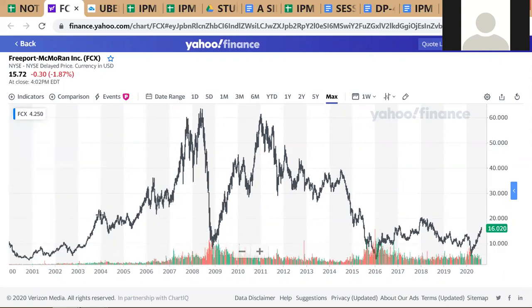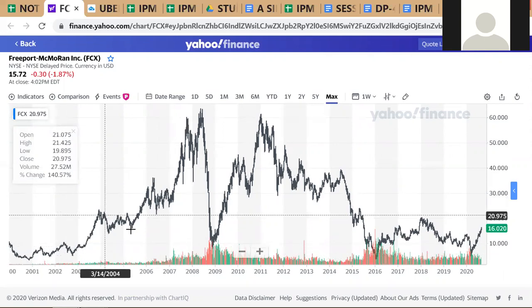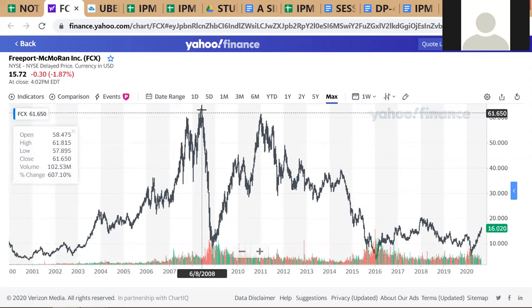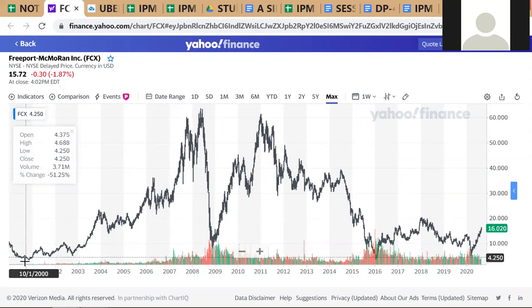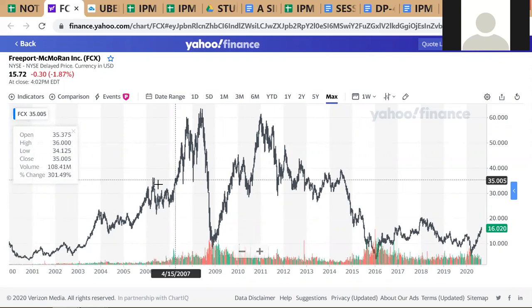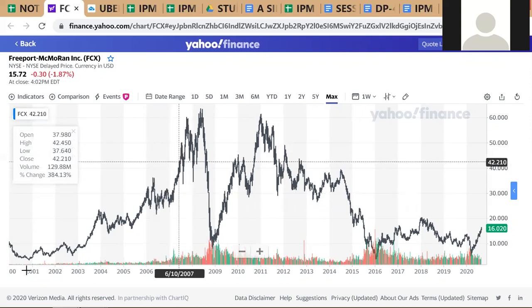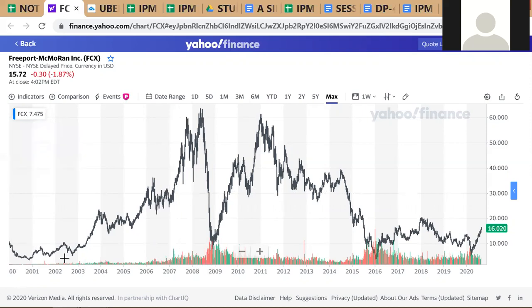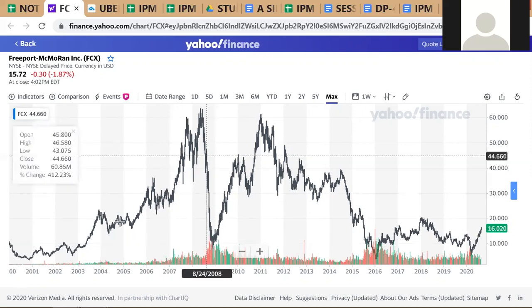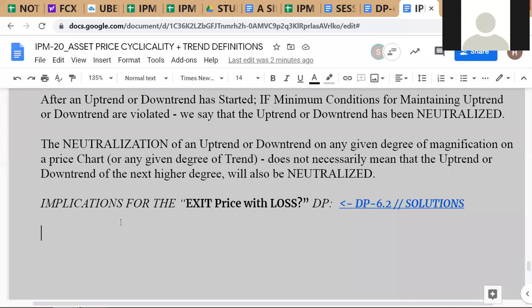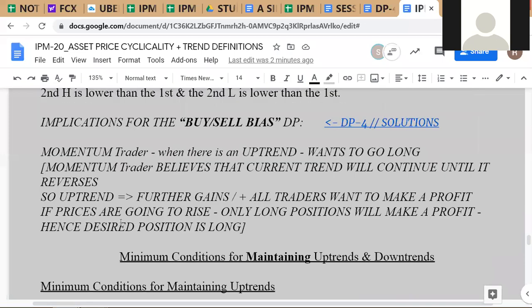On this degree of magnification that we are talking about: up, down, up, down, up, down, up. At this level of magnification, notice that I did not count up, down here. That is a further zoom-in that I did not do. So at this level of magnification, this uptrend is now neutralized. Now go back to the logic. What is the meaning of trend neutralization? If you see, earlier what we did was